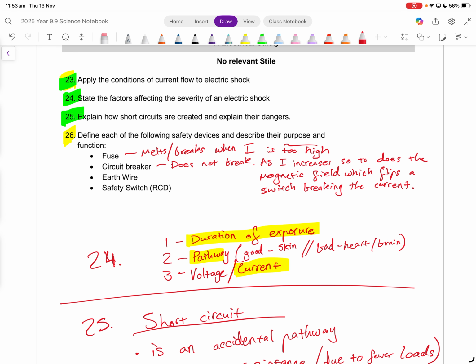Okay. What then is the purpose of an earth wire in terms of our safety? We spoke about a toaster when we did this example. What's an earth wire? Yeah? Isn't it like radar? Great. So it is, I'm going to write it in purple just to make it clear because I'm running out of room here. Pathway for electricity to flow